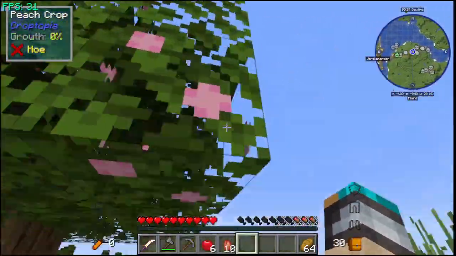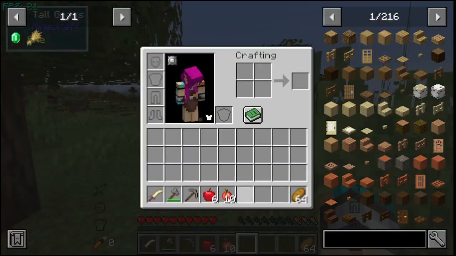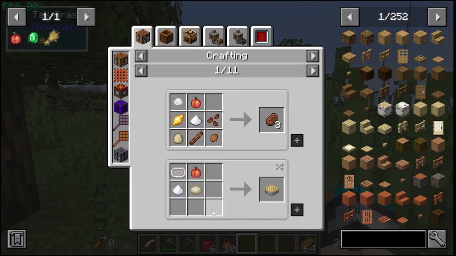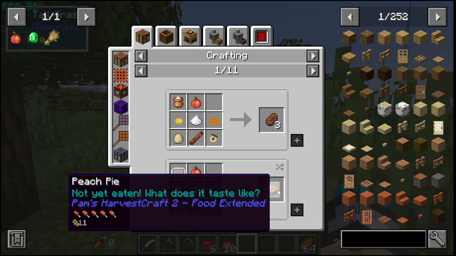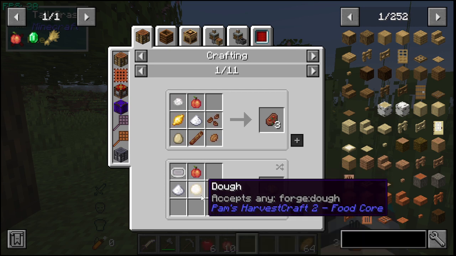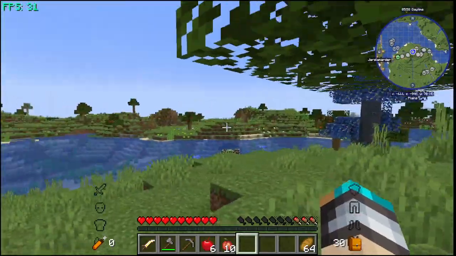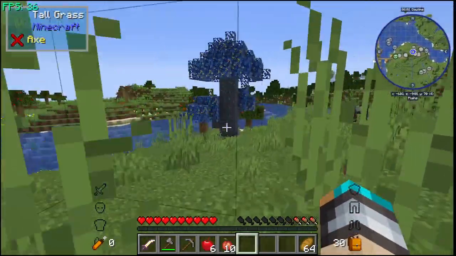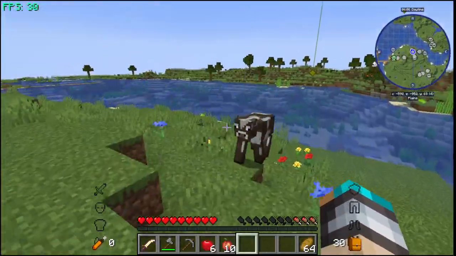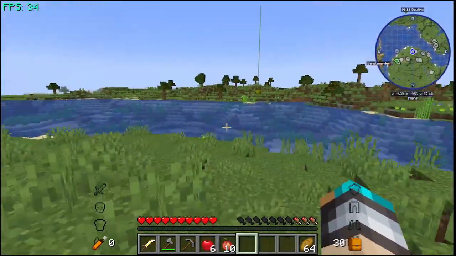Okay, more peaches. Now I'm pretty sure these are from Pam's Harvest Craft. But what can I do with them? I can make a peach pie, which actually isn't terrible. Peach dough. I believe all that takes is water, flour, and salt. And salt is relatively easy to get, as we learned in our farming series. And we got sugar around. Now I am keeping most of these water paths,